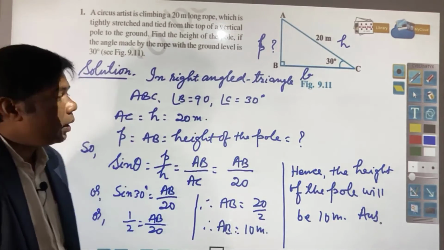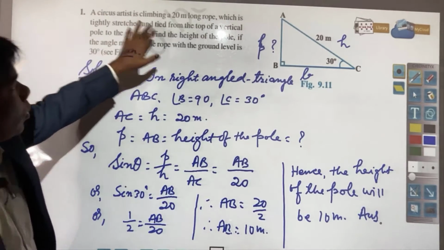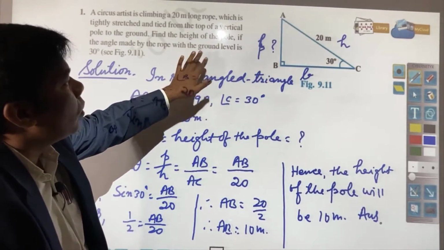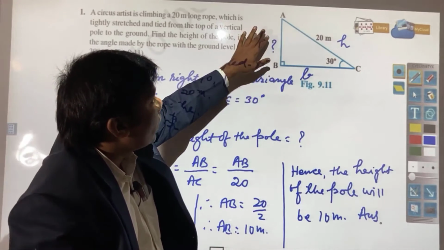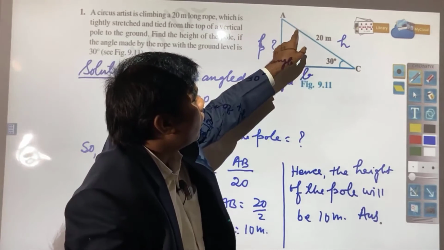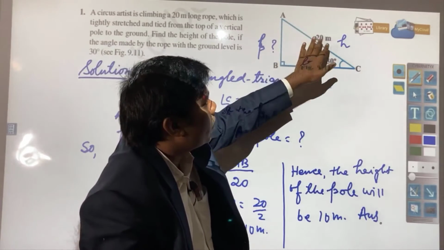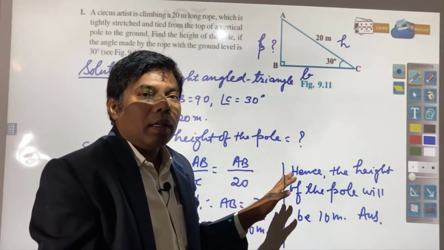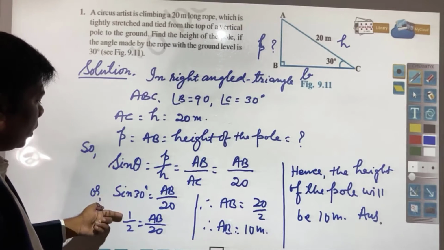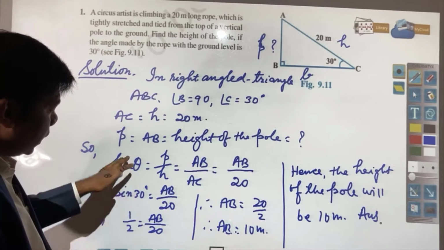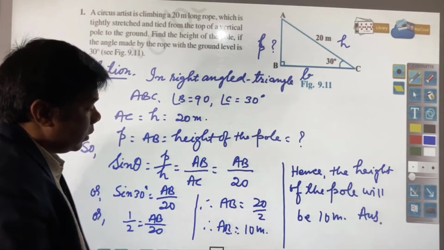So in this way this is required to be solved. You only need to know how to draw figures. You need to know what has been given, recognize properly what you need to find out, and then see the relation between the thing to be found and the thing given. Trigonometric ratios, it was already told to remember the values at these degrees. Put the value, simplify, and you will get the answer.